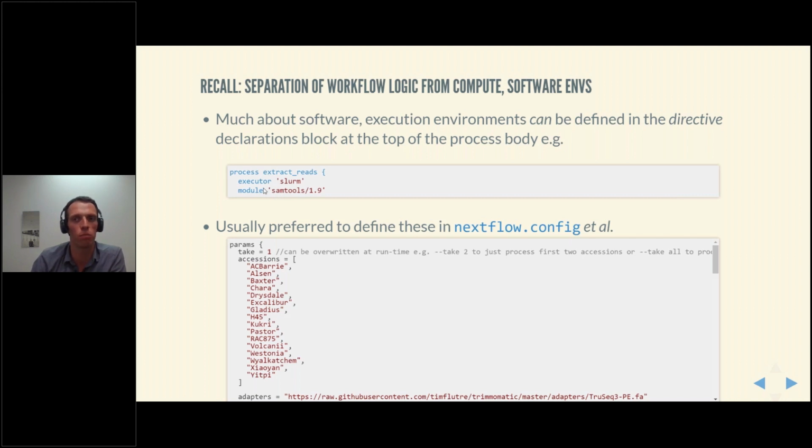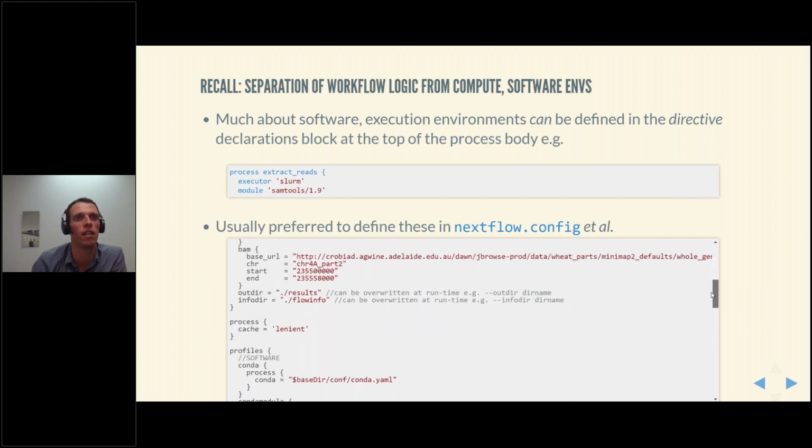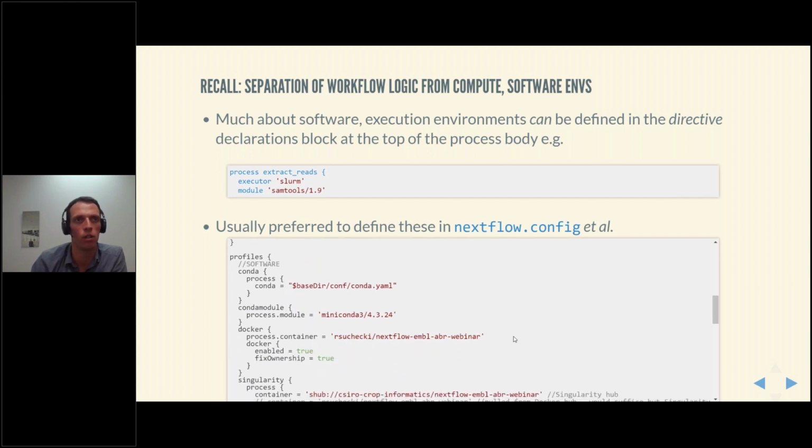But this is something that you might do in development, or maybe if you're really just sticking with one environment and one software system. Now, if you want to be a bit more general, it's probably better to define those as separate profiles. So, for example, in this case, we have a Conda profile, which ensures that the Conda environment is defined and built at execution time.